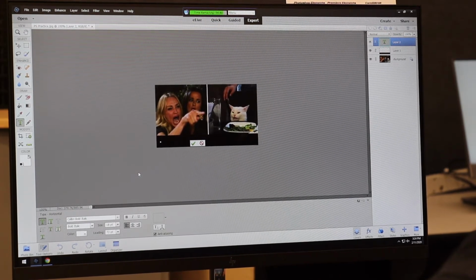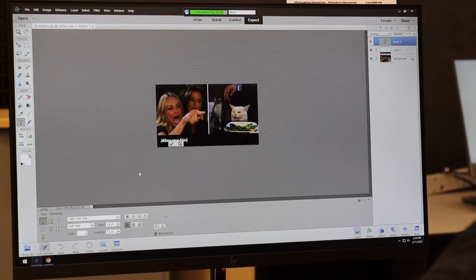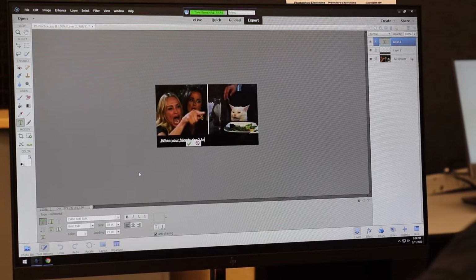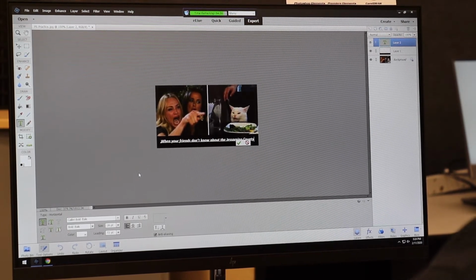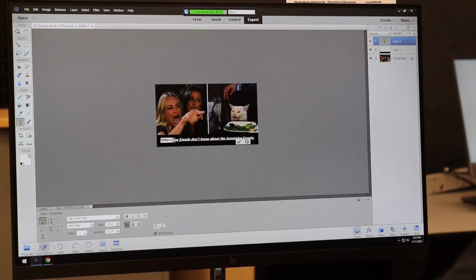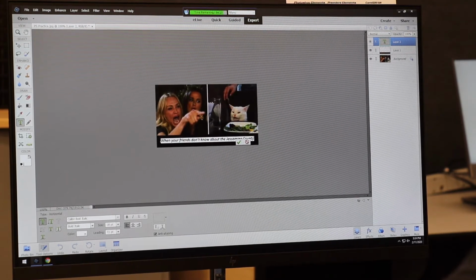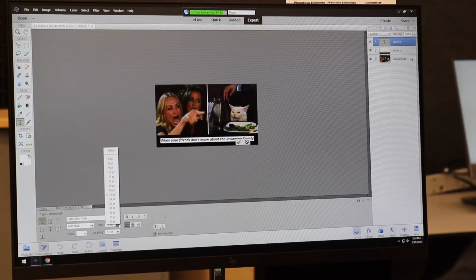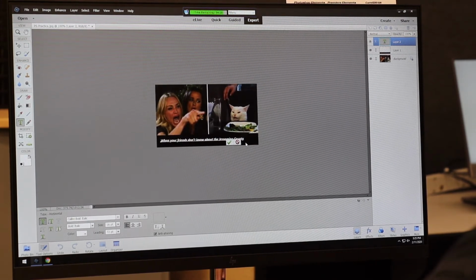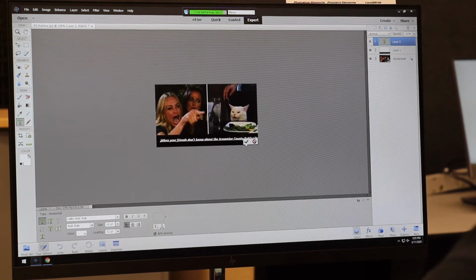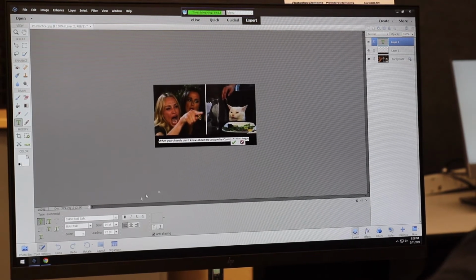So for today's text, we're going to type in: when your friends don't know about the Jessamine County Public Library. Now if you look here, we're going to run out of room. So what we need to do is either make, well honestly for this project, the best option is going to be to make the font a little bit smaller. We're actually going to highlight all that again and make it just one hair smaller,